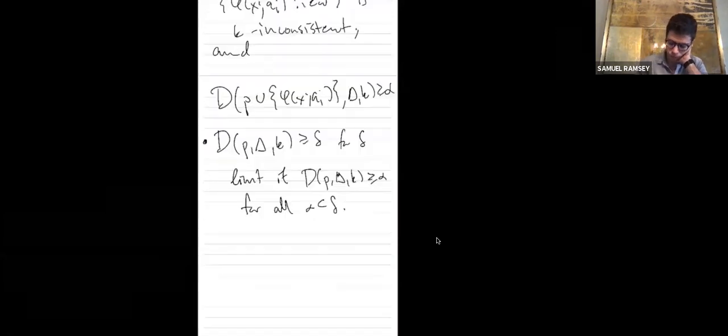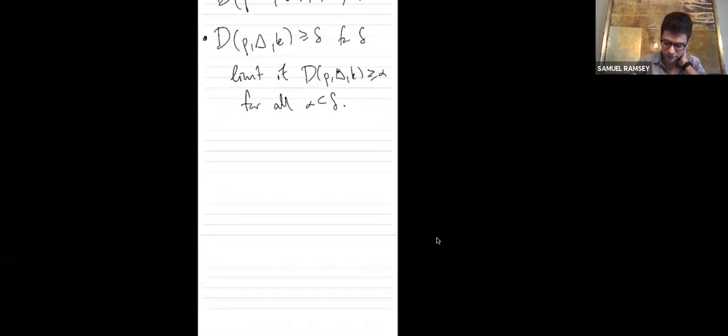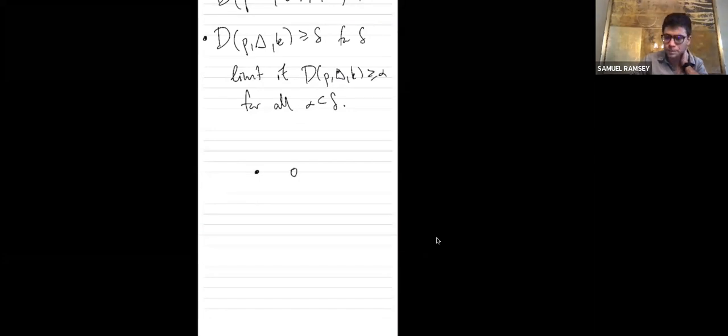Now, you'll notice that this looks an awful lot like dividing. And basically the idea is, okay, if you have rank 0, then there's no way that I can find instances of phi that are k inconsistent, which are consistent with u. I can't do that. So this is like dimension 0. So, I mean, I guess one way to think about it is if you have a